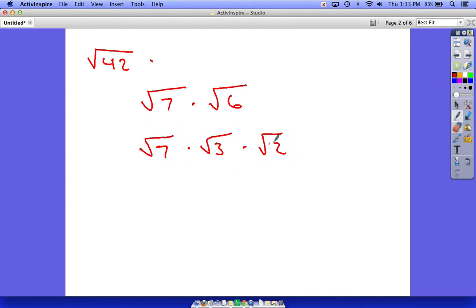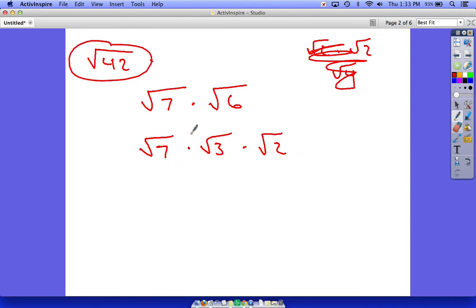And I can't multiply any of these together to get something that would get me a perfect square. Like remember in the last one we had the square root of 2 times the square root of 2, which was the square root of 4. Then we could simplify that. If I multiply these together I get 21. These together would be 14. These together would be 6. In none of those cases am I going to get a perfect square. So if you end up with something like this, that just means that that was the most simplified that it